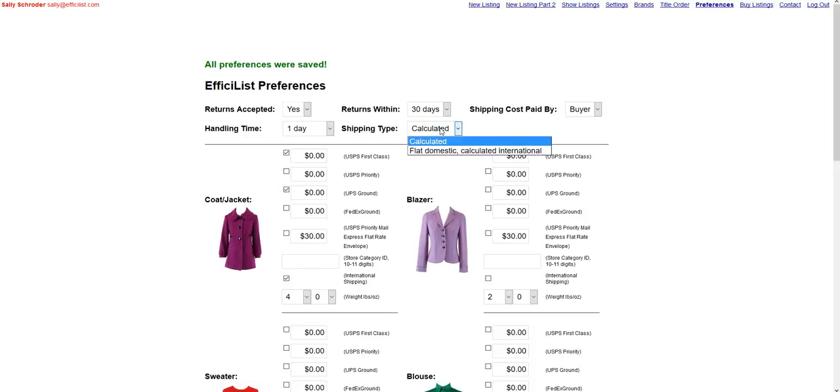If you instead decide to do flat domestic, calculated international, then it'll still use the weight that's given for your international shipping, but it'll use whichever you enter for the flat rate cost and whichever items you click on as